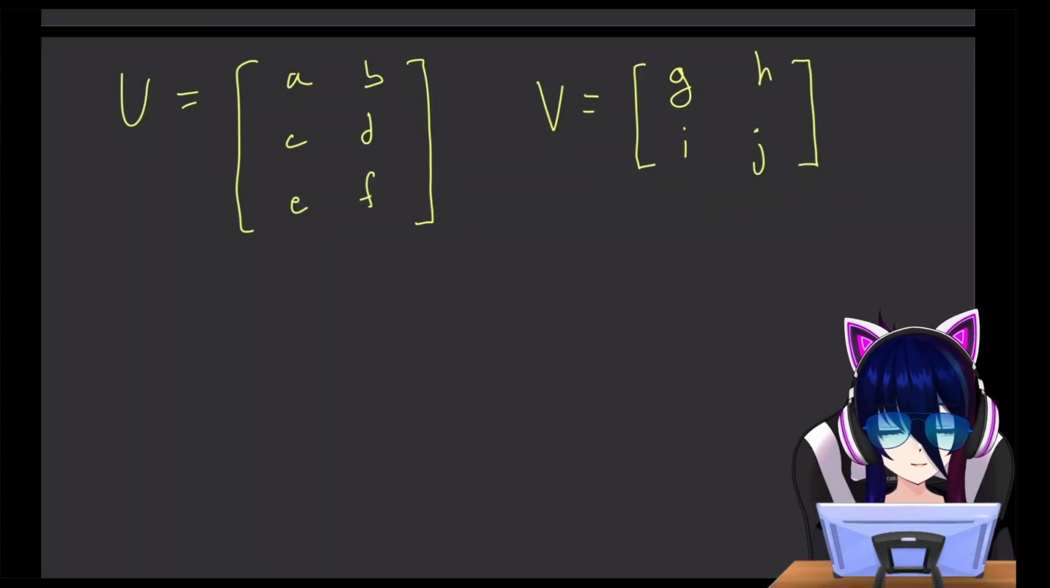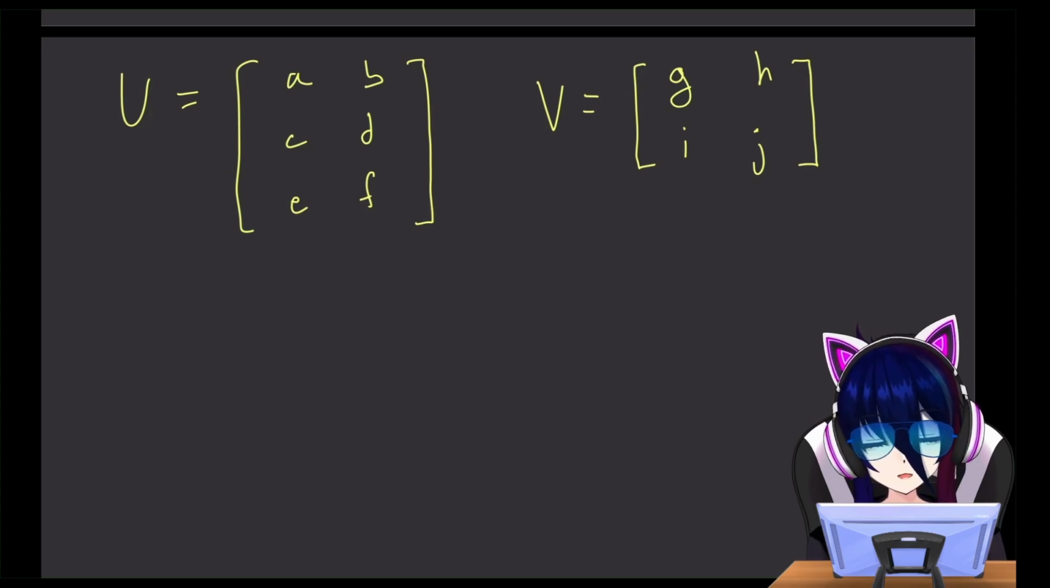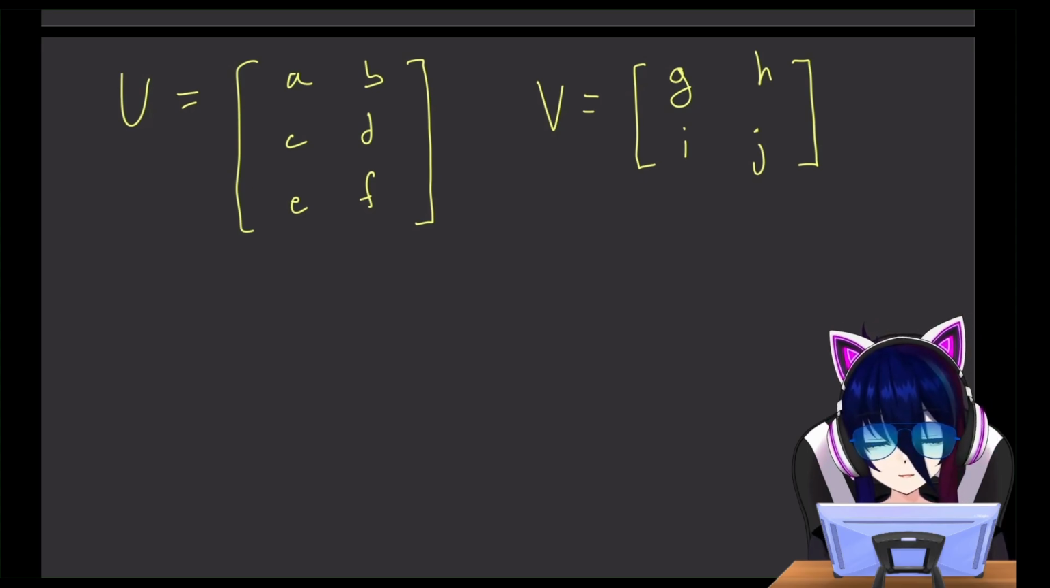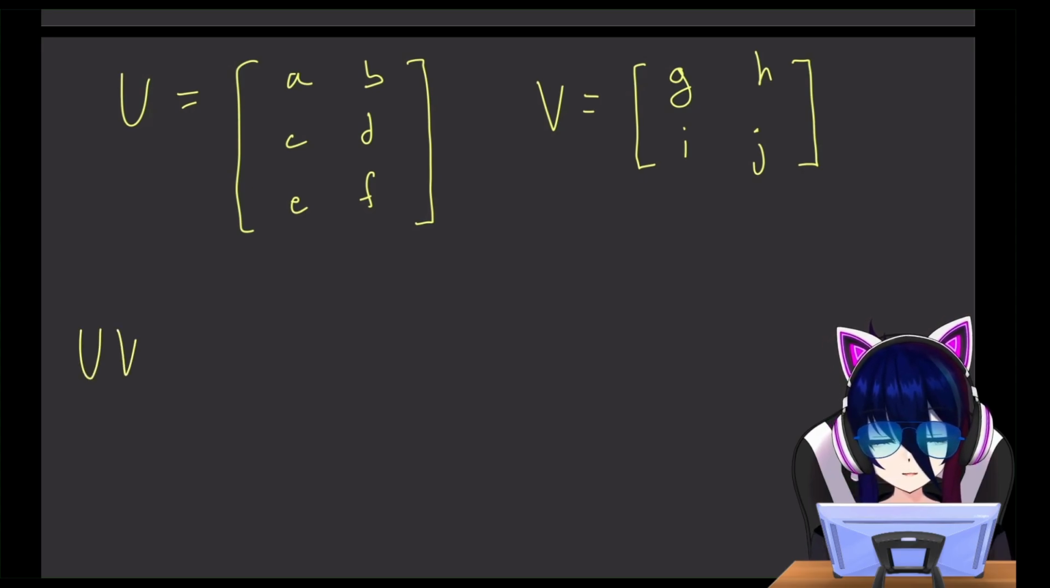Hey. So today we're going to be looking at the basics of matrix multiplication in linear algebra. So assume that we have these two matrices, matrix U and matrix V. Now, if I want to multiply them together, we would go ahead and write UV is equal to, and then